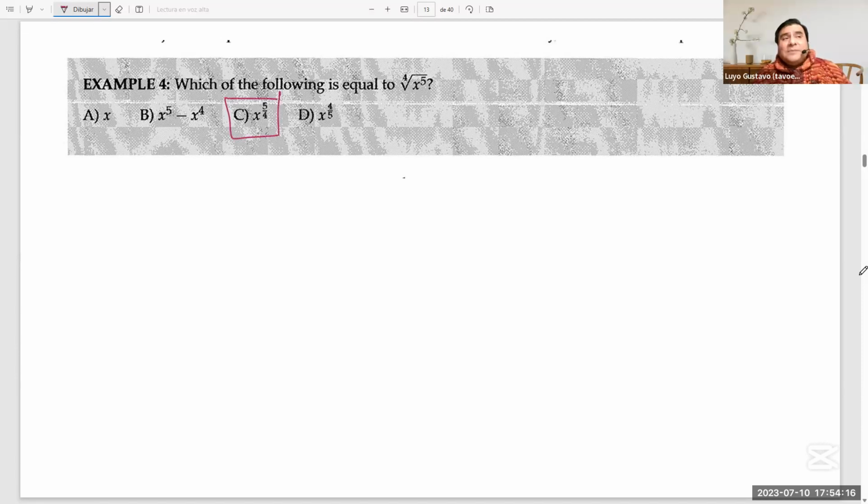Remember, the exponent of the power in the radicand is the numerator of a fractional exponent. The radical index is the denominator of the fractional exponent. So x up to 5 over 4. Okay, now